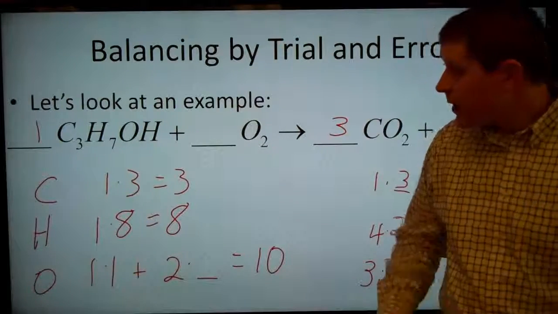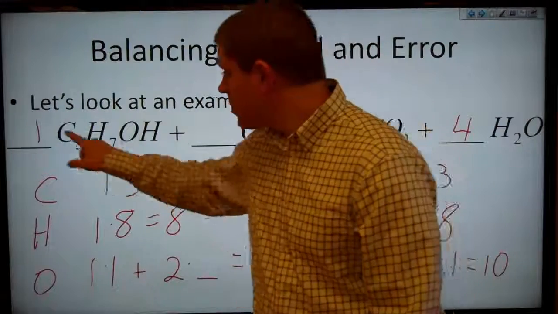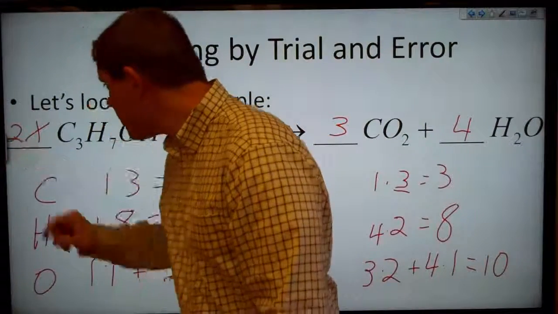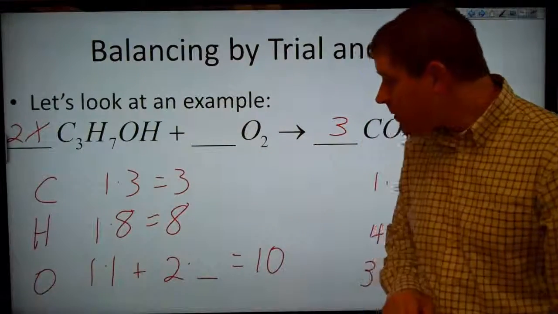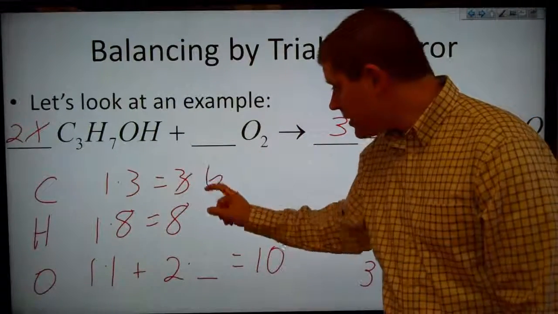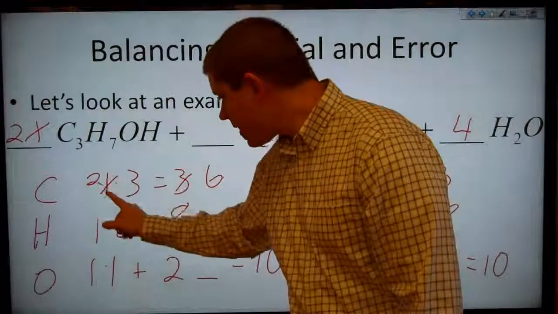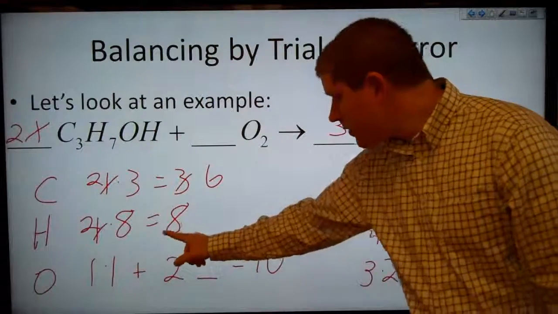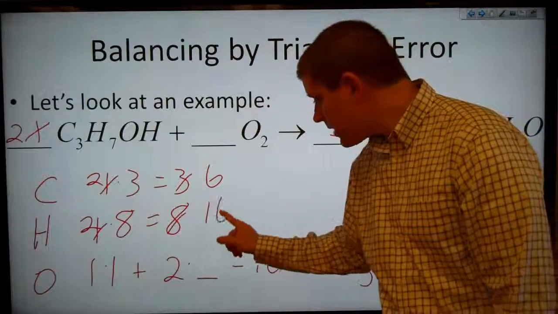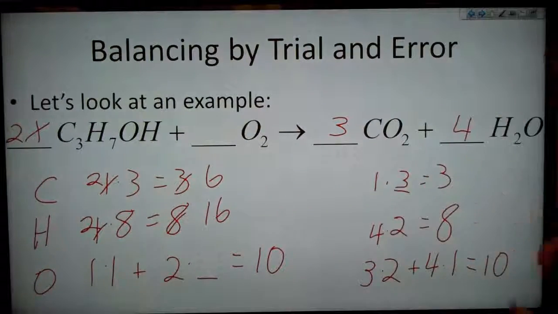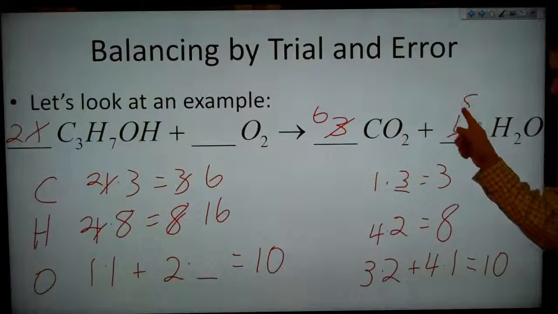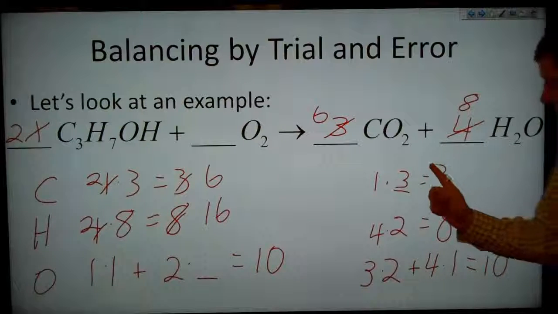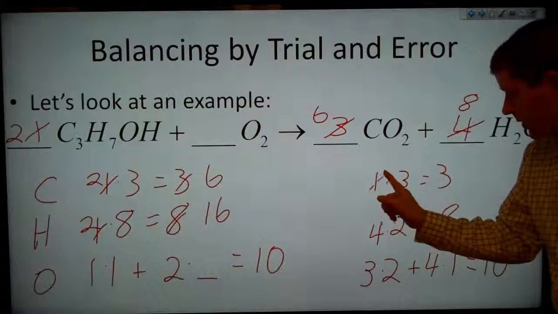So let's go back here and let's change this 1 to a 2. Let's make that a 2. But now we've doubled the number of carbon atoms and we've doubled the hydrogen atoms. So now instead of 3 here, we have 6, because now we don't have 1 there, we've got a 2. And we've changed from 8 to 16. So now that means that we need to change these values as well. So we need to change this to a 6, and we need to change this to an 8. And that means that now down here we have 6,